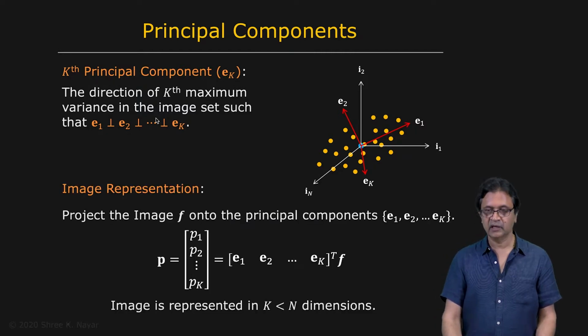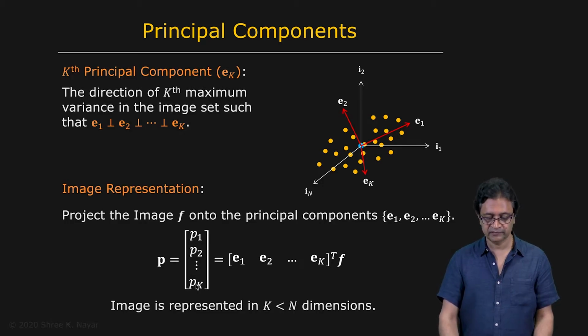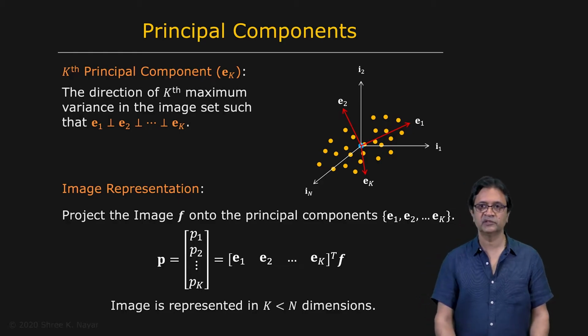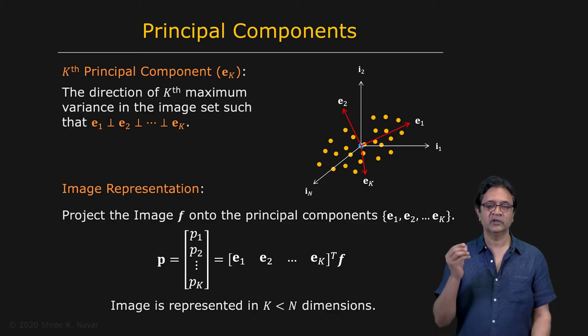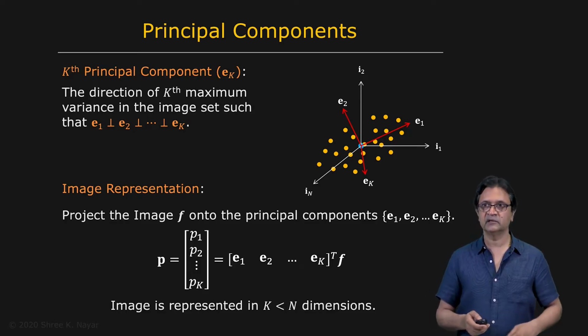So this then, again, allows you to represent the image a little bit more richly. In this case, you have the point F, and you're going to project the point F onto each one of these dimensions, E1 through EK, the principal components, and you get a point which is K-dimensional now, P1 through PK. So an image is represented with k numbers, where k is much smaller, hopefully, than n. That's the key idea here, which is what gives us the dimensionality reduction.